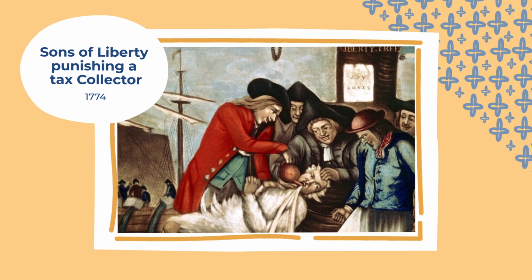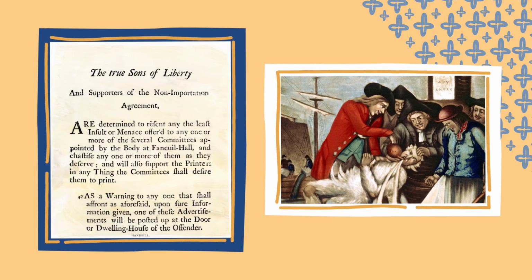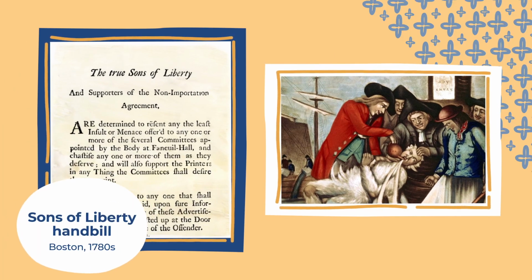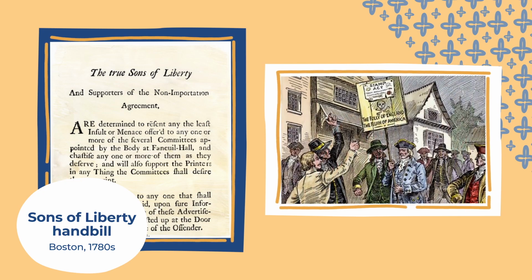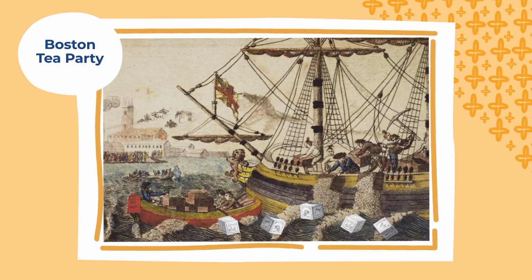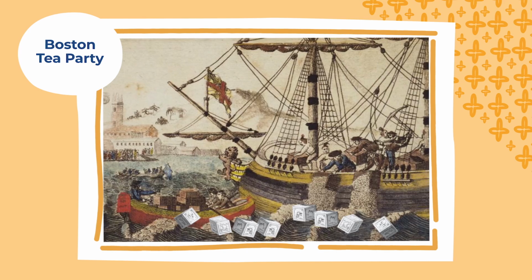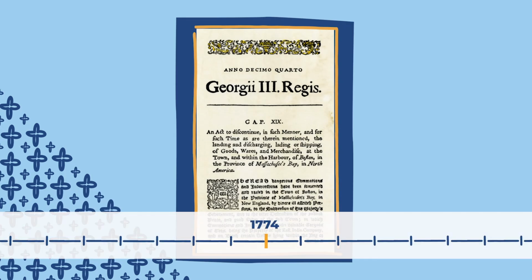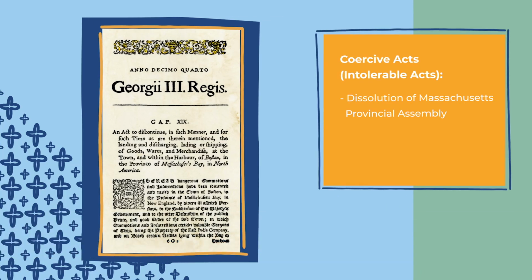Meanwhile, the secretive Sons and Daughters of Liberty resisted British taxation through civil disobedience, including public protests and boycotts of British goods. Perhaps the most famous act of defiance came in 1773, when 342 chests of tea were tossed into Boston Harbor. Parliament's harsh reaction included the Coercive Acts, which imposed severe legal penalties on the colony of Massachusetts, including dissolving the Massachusetts Provincial Assembly, shutting down Boston's port, effectively ending commercial traffic, and allowing British soldiers to be provided accommodations in the colonies, eventually increasing the number of British troops present in the colonies.